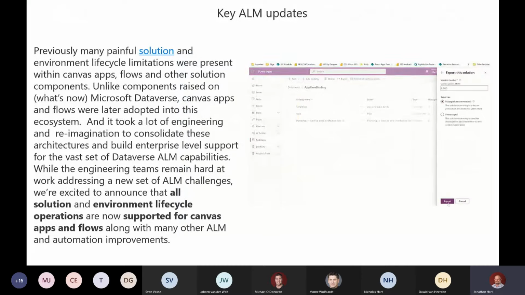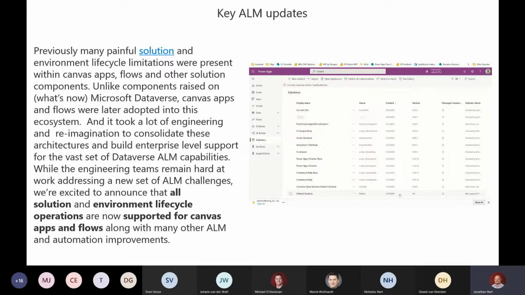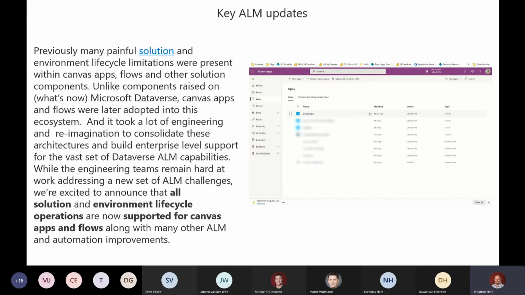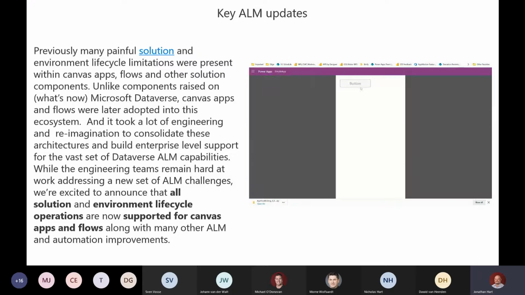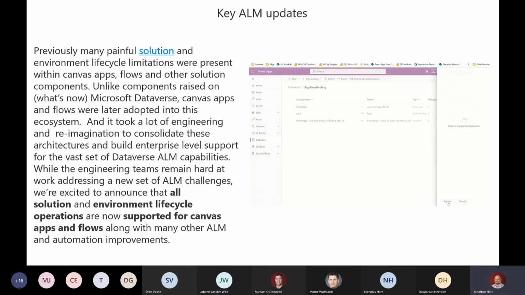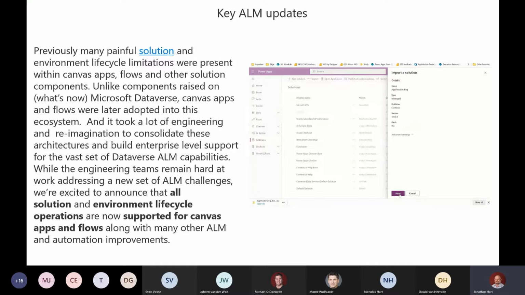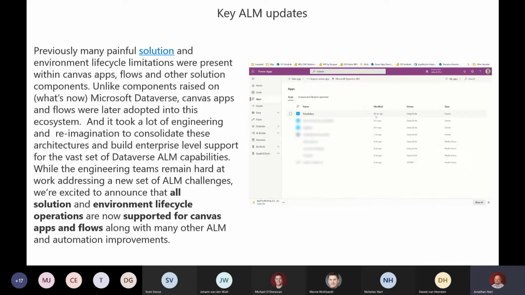The last one that I want to touch on is there have been some key improvements to the application lifecycle management process on Power Apps. One thing that I can call out is Canvas apps that trigger flows. You don't need to go in and edit that app to reestablish that connection to that flow anymore. So once you deploy it, once it's pushed out, it is going to be working from the get-go. You don't need to go in, edit it, make sure that everything's connected fine, and then only push it out and publish it from there.